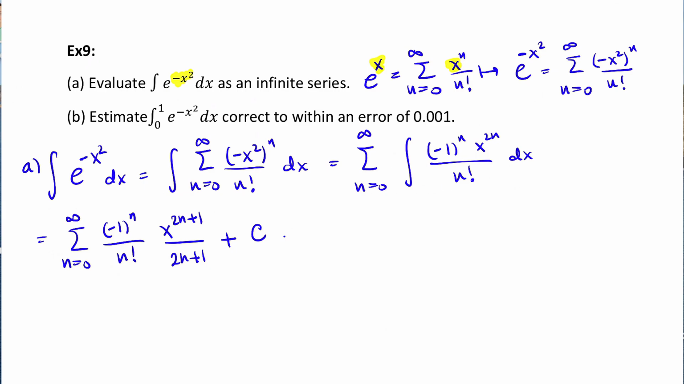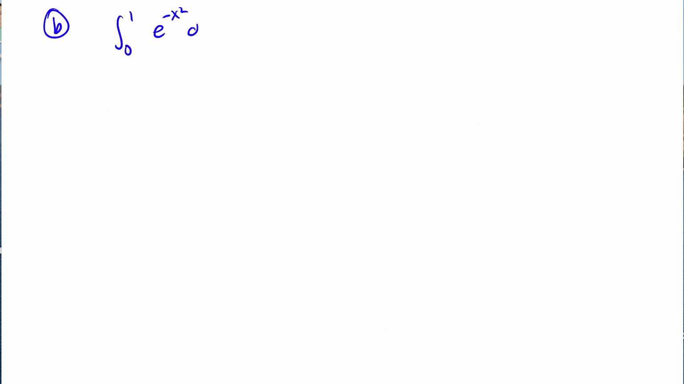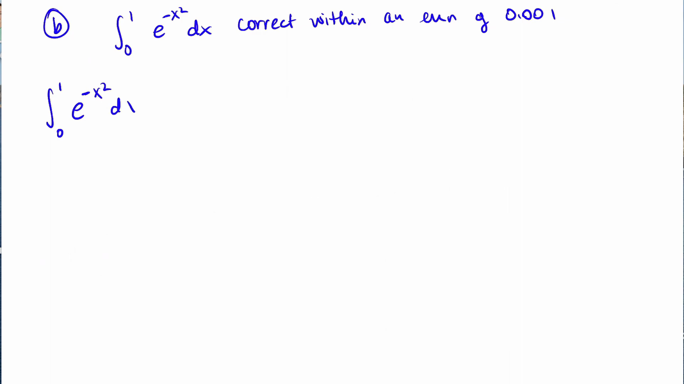Now, that was part A. For part B, we have to approximate the definite integral within an error of 0.001. So part B, evaluate the integral from 0 to 1 of e to the negative x squared dx, correct within an error of 0.001. Okay, perfect. So now, from the previous part, we know that the integral from 0 to 1 of e to the negative x squared dx is just equal to the sum from n equals 0 to infinity of negative 1 to the n